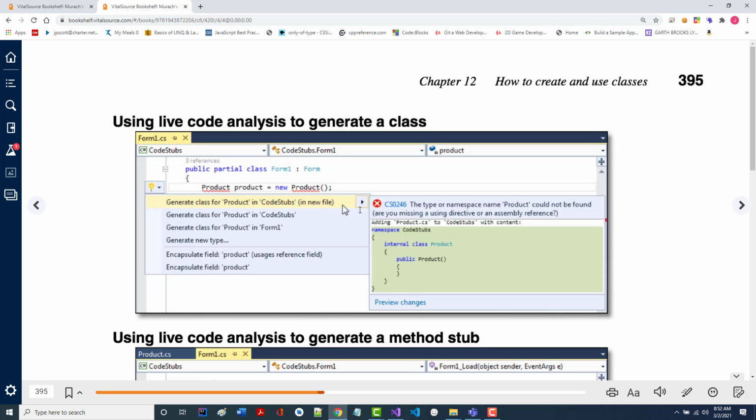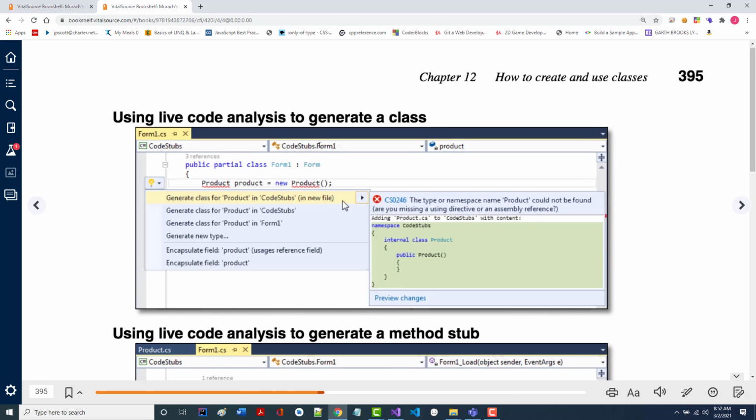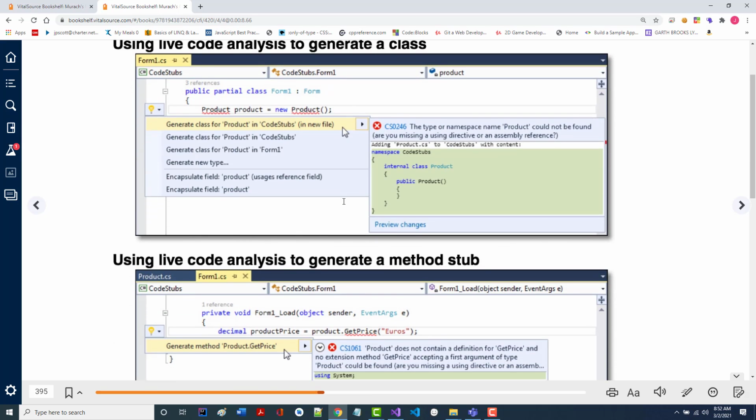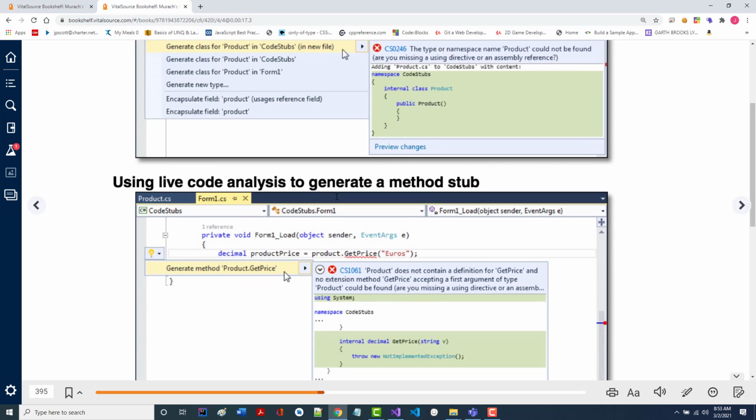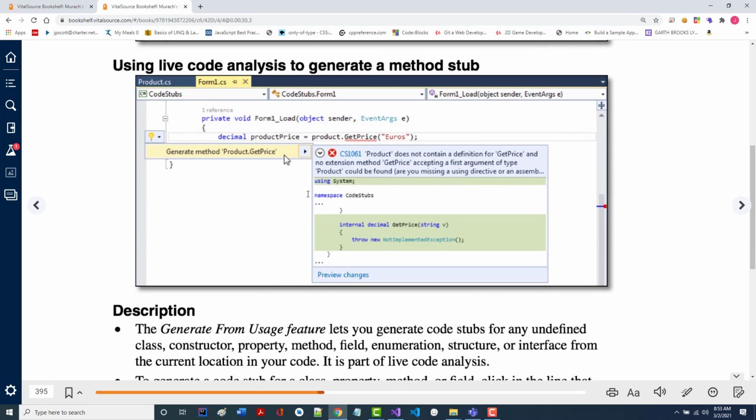So yeah, you can instantiate a product. It sure isn't going to do much because there's nothing in there to use. All right. As it says, you're using what's called live code analysis to generate a class. Not only can you do that to generate a class, but you can do it to generate methods. And maybe you've seen this before. If you misspell a method and you put your mouse over it and you use this live analysis help, it'll basically say you don't have anything by that name.